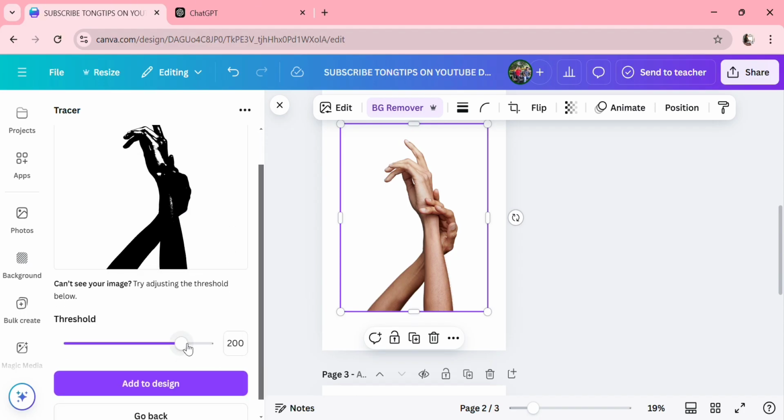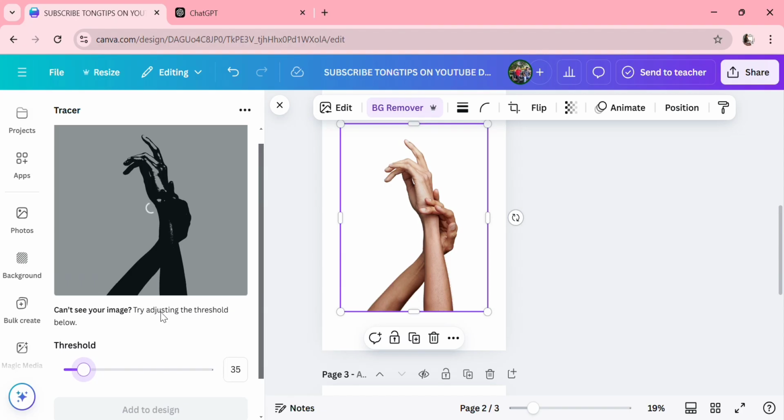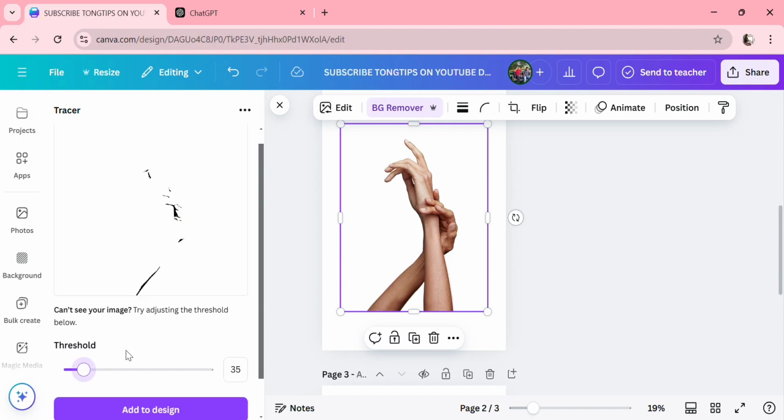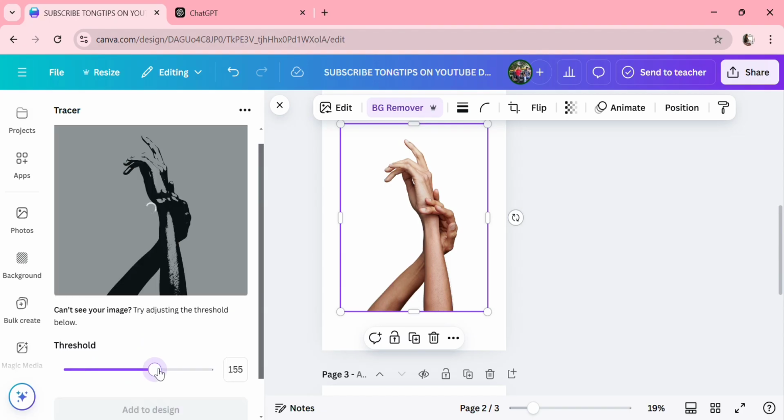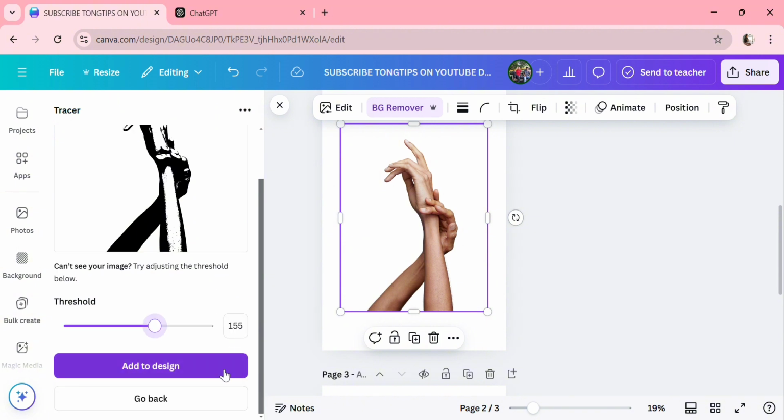So you just need to decrease the size of the threshold. Wait for a moment. Okay, I think I will increase it again, 155. Okay, and I think that will be enough. Okay, when you're done, now you just need to click add to design,